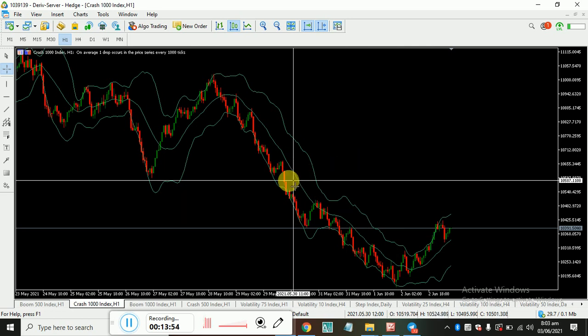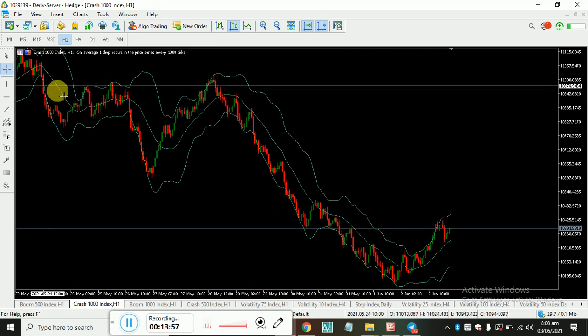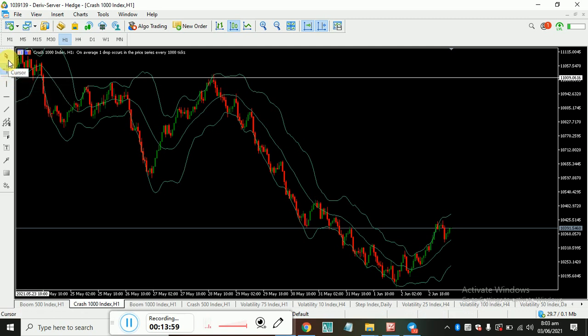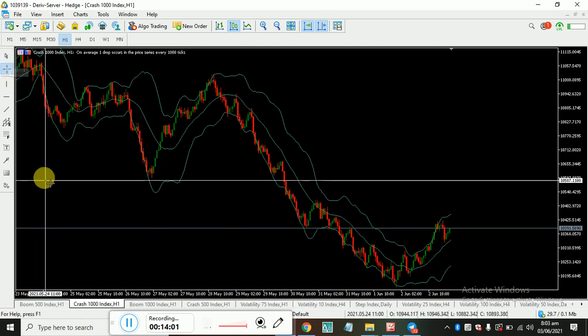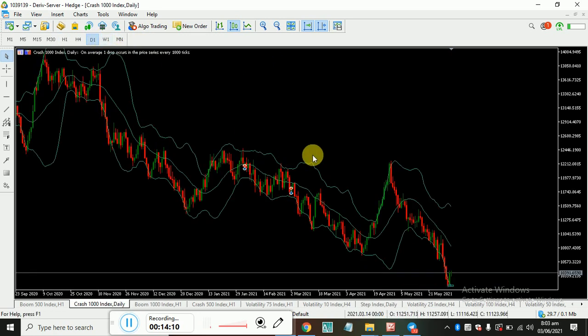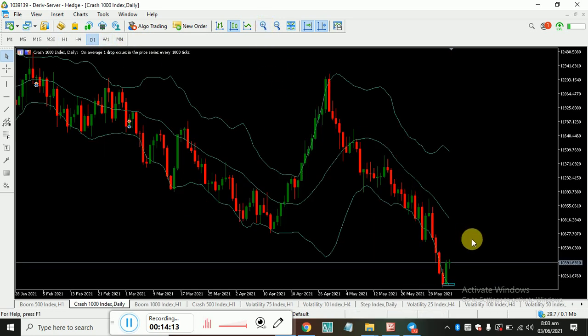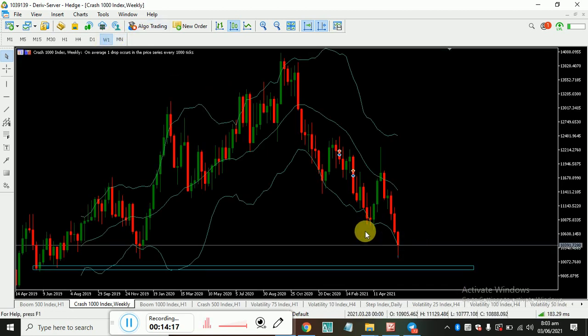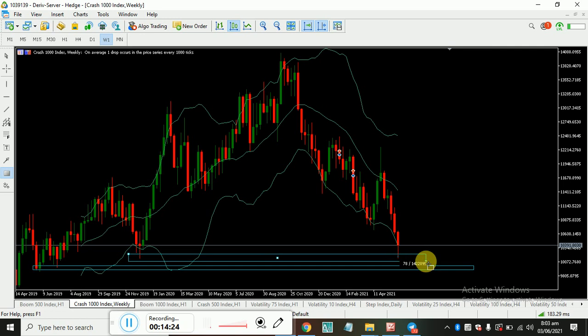So guys, that is just the simple secret of Bollinger Bands. Note that Bollinger Bands serve as support and resistance. Instead of drawing your normal support and resistance, Bollinger Bands serve as support and resistance. For you to know, let's go to our D1. You would see our D1 here, this is it. And when we go to our W1, you will see that this place serves as our support, because this is the